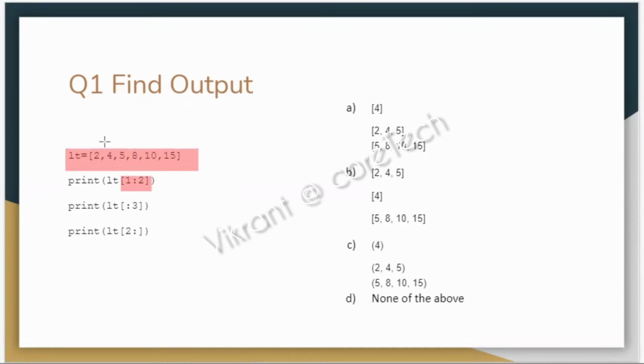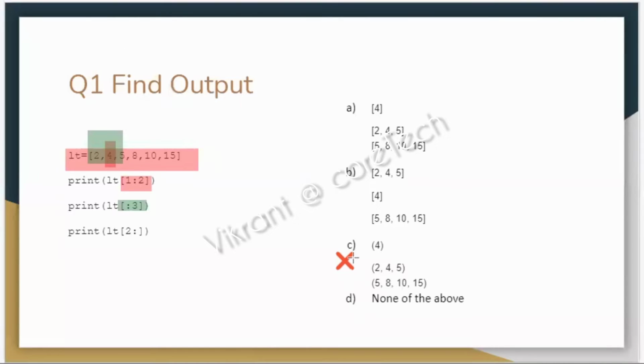1:2 means something like this, only one. The next one goes :3, which means we should have 0, 1 and 2, and that too in the form of a list. It means that we are never going to have an output like this, because over here it's a collection of tuple. So let us see whether we have 4 at the first place or not.